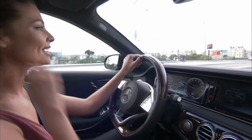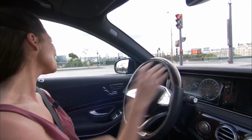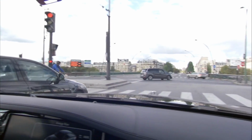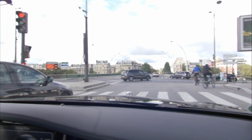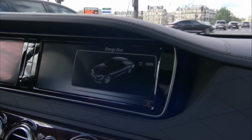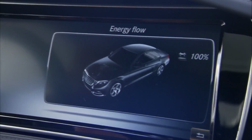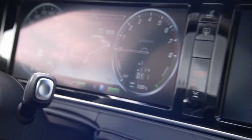Right, so we said if you had any questions to let us know, and I will try and answer them whilst driving around. One of the main questions a lot of people were asking is, with a car of this size, with all this onboard tech and luxury and comforts, can you actually drive totally electrically? The answer is yes. In this particular one, you can drive up to 30 kilometres, but actually it's quite limitless, really, because it's a plug-in hybrid. You can switch between the two because you've got the combustion engine on board as well, a 3-litre